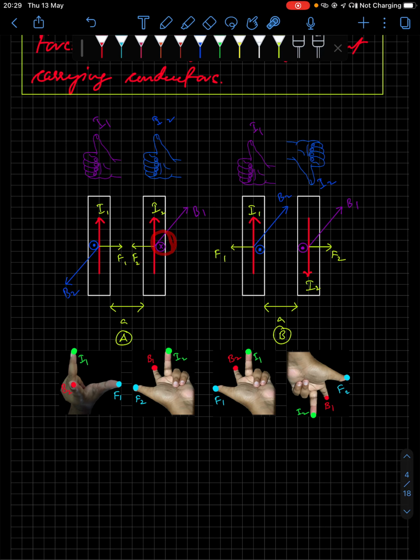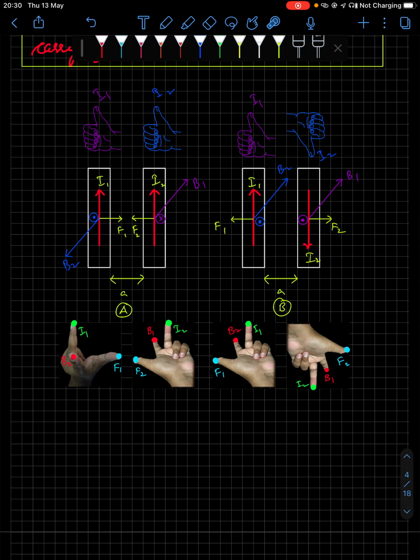So at this point where it is shown with a cross, the cross means the magnetic field lines are going perpendicularly inside. So B1 is entering inside. B1 is the field due to current I1. Similarly, the magnetic field due to current I2 is acting outwards at this point, right? This is the B2 field. Again, applying the right hand thumb rule, since the current is in the upward direction, the field lines tend to come outside this way and enter this way. So here the magnetic field will be directed outside.